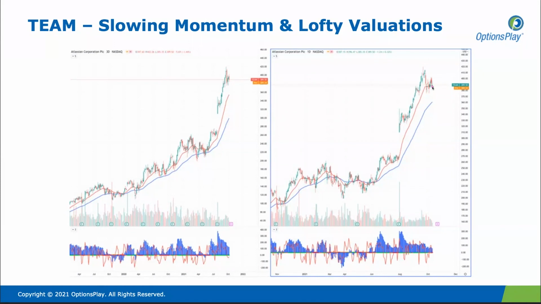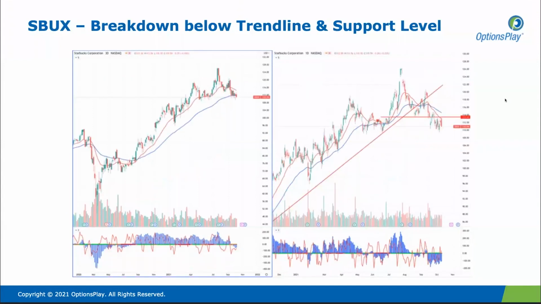So this is really one that I think has the potential of at least a bit of a check back here towards the 50-day moving average, which is around 360 or so. It's currently trading around 390 or so, about a $30 check back here to the long-term moving average. I think that is reasonable to see in stocks where we're starting to see slowing momentum, not only from a technical perspective, but also from a fundamental perspective, that have very, very high valuations. These are the ones that have the biggest pullback risk when we talk about higher interest rates.